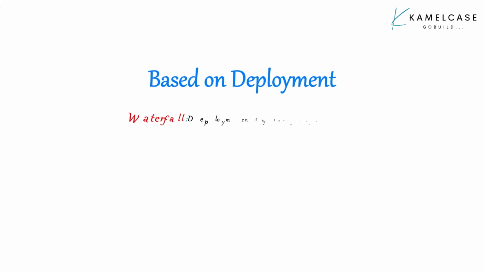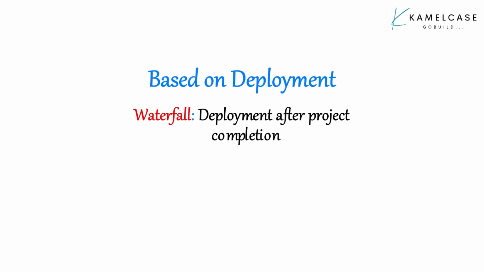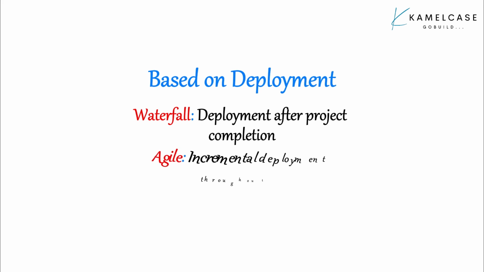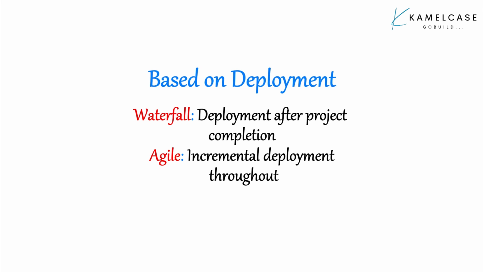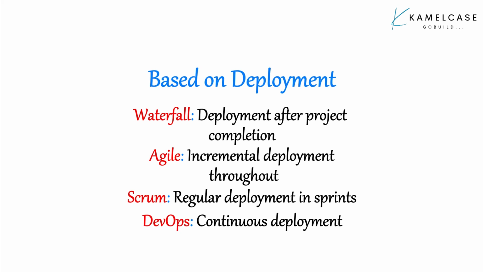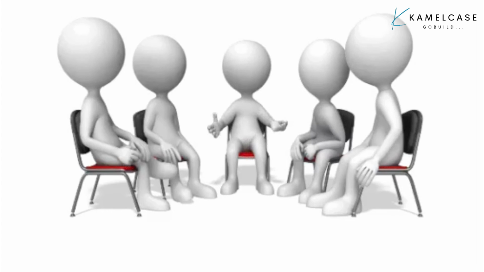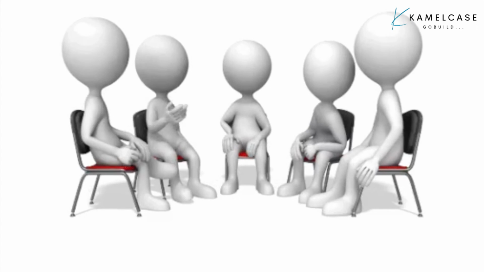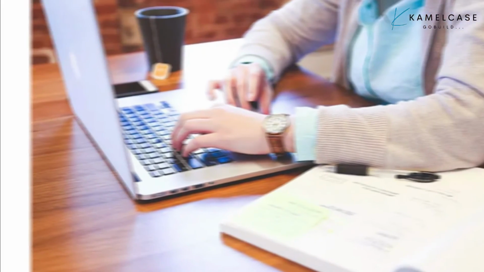Concluding our discussion on deployment methods, Waterfall follows deployment after project completion. Agile opts for incremental deployment throughout. Scrum integrates regular deployment within sprints. DevOps emphasizes continuous deployment. So the topic we have discussed in this video can be summarized as: our study of